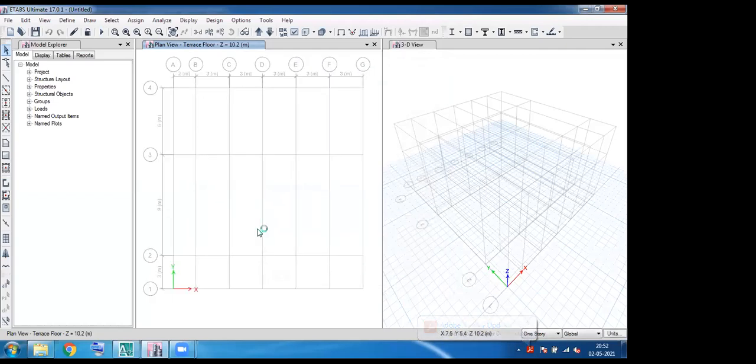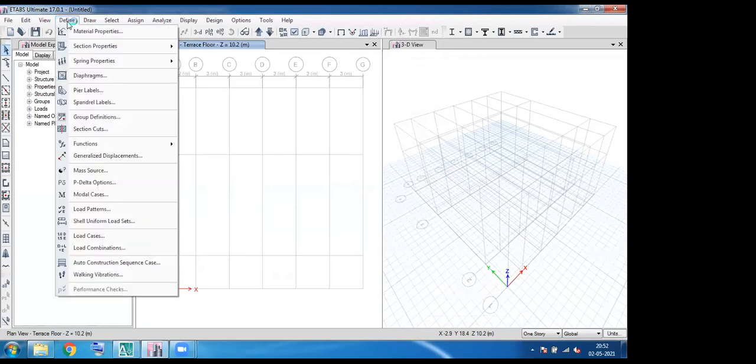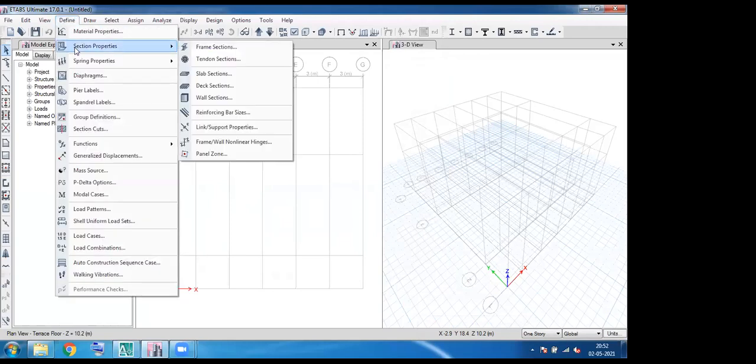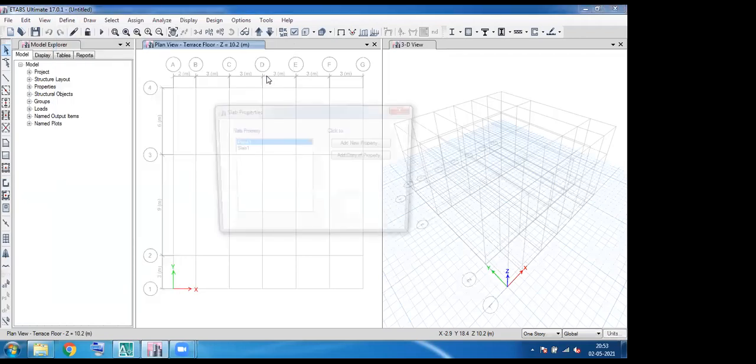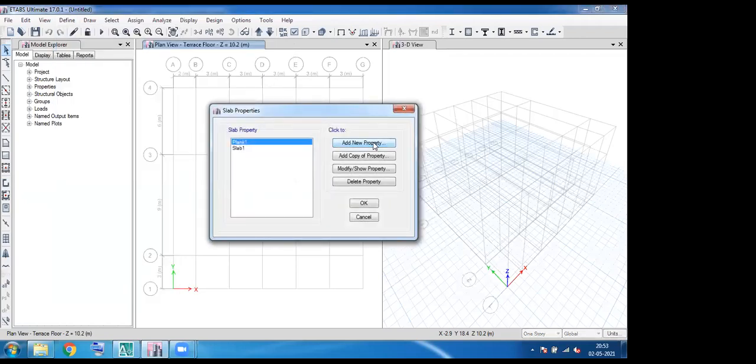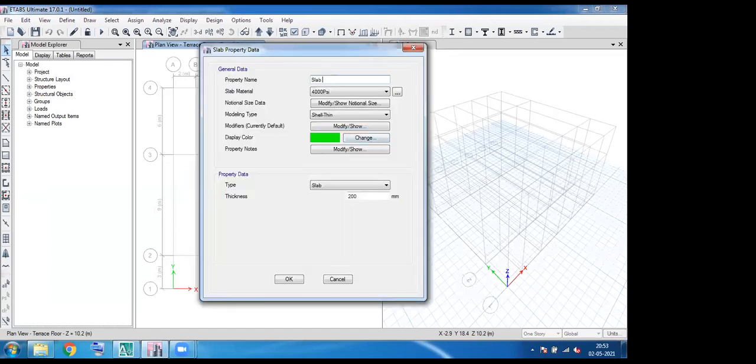Now what I'm going to do is create a slab. After creating a frame, I'm going to create a section property for slab. Go to define, section property, slab section. Add a new property. Need to name the slab. I'm going to prefer a 120 mm thickness slab right here, so I'm naming the slab as 120 mm.